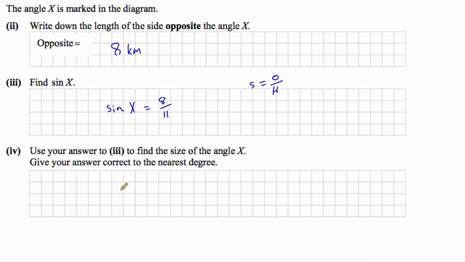And finally, part 4 says use your answer to part 3 to find the size of the angle X. Give your answer correct to the nearest degree. Well, if the sine of X is 8 over 11, then X will be the inverse sine of 8 over 11. So on your calculator, you hit the shift button, then sine, and then put in the fraction 8 over 11. And you get an answer of